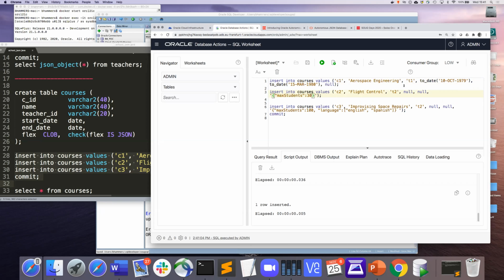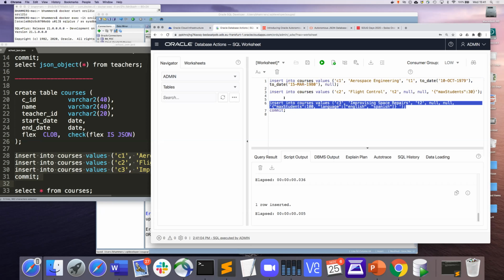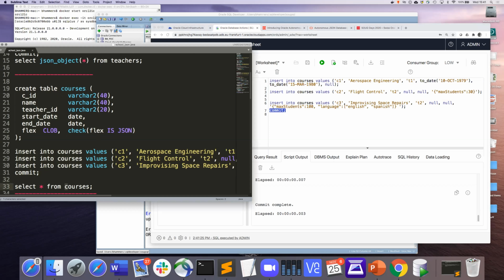So instead of adding a column for max students, I just put it in the JSON. And then let's say after a while, I realize some courses could also be given in different languages. And I add another field here, language. But see, this is actually an array, so I have a cardinality that is different from 1. Good. So now if we select from our courses, I have to watch the time, but I think we're good.